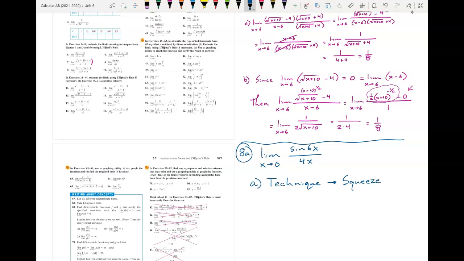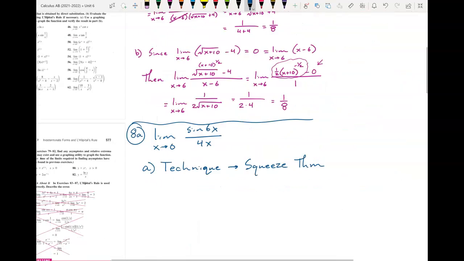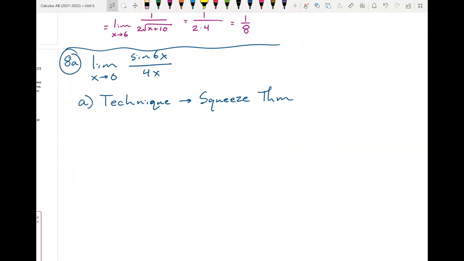But we never really looked at finding the functions to allow us to do the squeeze theorem. Let's just talk about the squeeze theorem real quick. So this is like the limit as x goes to 0 of sine of x over x, which uses the squeeze theorem as well. And so the squeeze theorem here would be that